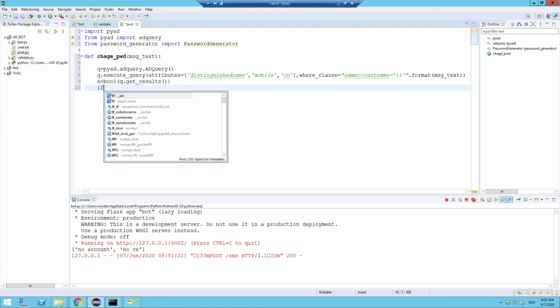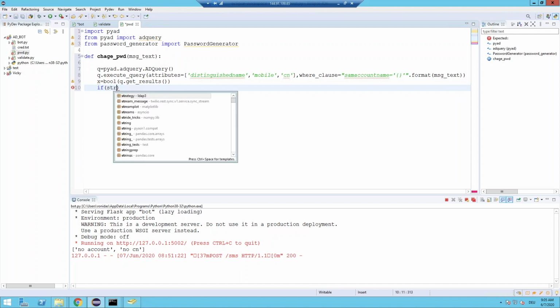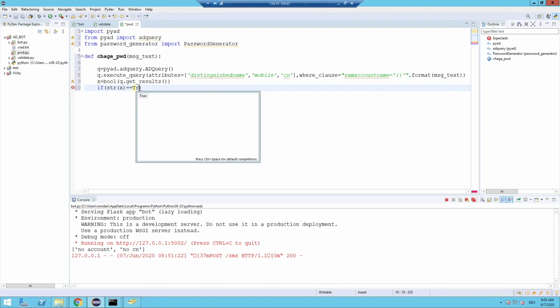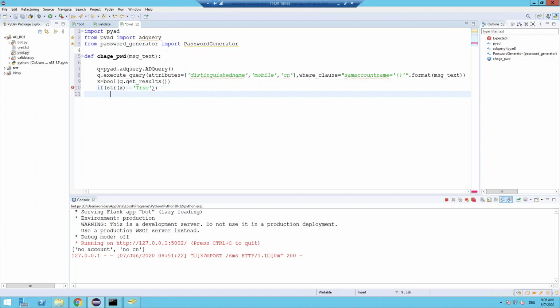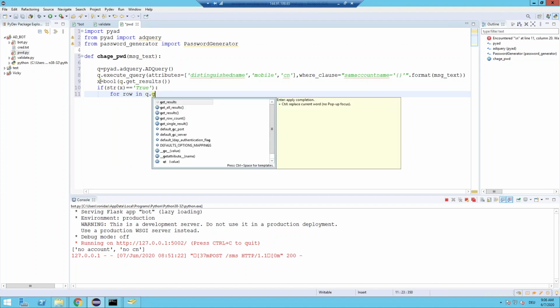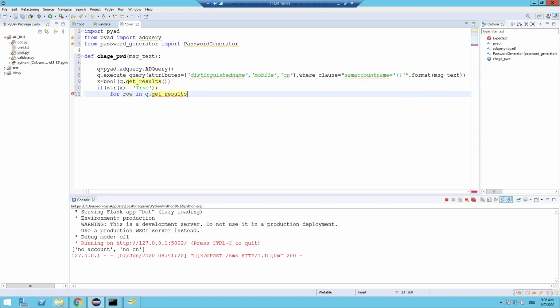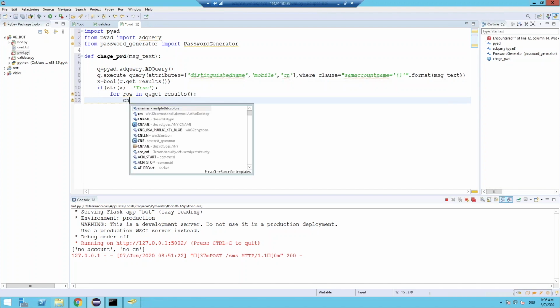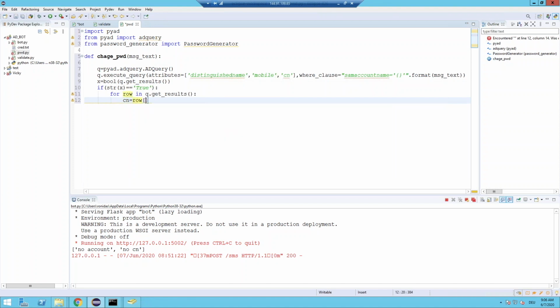Okay, then if str of x equals to true, it means it found something. Okay, for row in q dot get results, now we have to get the user distinguished name. So it should be cn equals to row by distinguished name. Okay, right? So after that what we'll do,